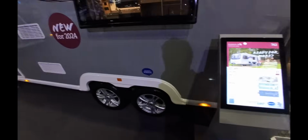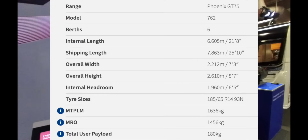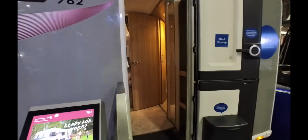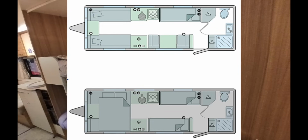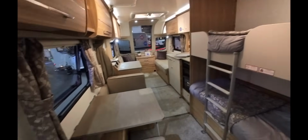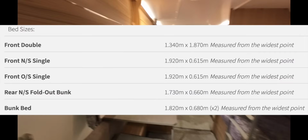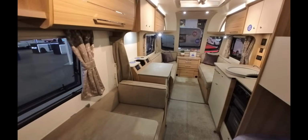Right, GT75, just the GT75. Oh, 762. Twin axle, door at the rear. Well, that's novel. Let's have a look. Oh yeah, okay, so this is, oh wow. Because you come in from the back, it makes it look bigger. So this is dinette, bunk beds, bathroom at the rear, storage there. I tell you, this looks huge, although it's not an 8 foot wide, but still okay. Long galley there